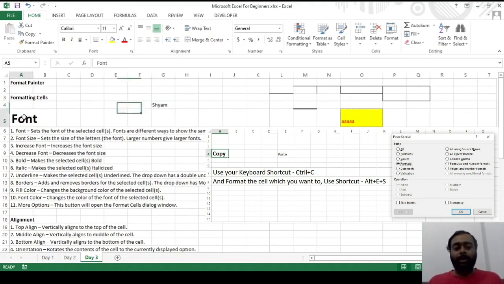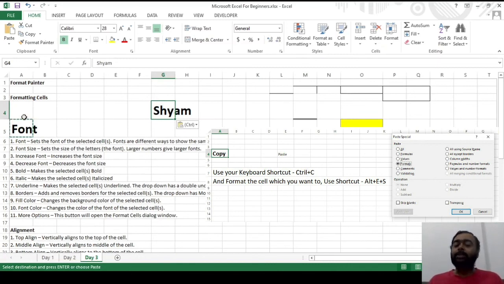So what you need to do, I'm not using any mouse. You need to press Control C. Move your arrows. Come to this particular cell where my name is written. And please make a note, use only the keyboard. It is Alt ES. Okay. Down arrow. And you see format here. Just click enter. This is the key shortcut which you need to use when you're doing a format painter, if you're doing something really fast.